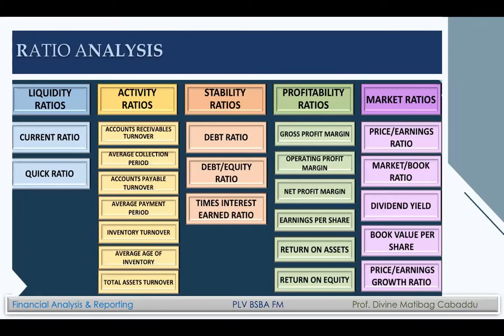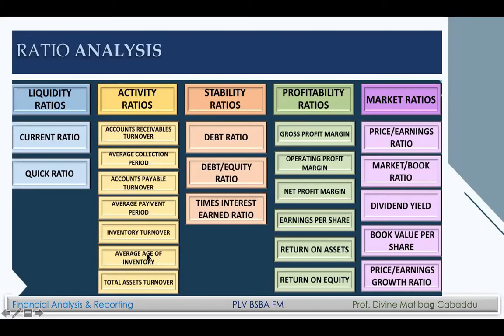We will dig deeper into that sa mga subsequent discussions natin. So we have liquidity ratios, activity ratios, stability ratios, profitability ratios, and market ratios. And there are formulas that we use to gauge or measure how liquid the company is. We have 2. We have current ratio, and we also have quick ratio, or also known as acid test ratio. We also have activity ratios. Under activity ratios, you would like to know more about the turnover, collection period, payment period, age of inventory, ayan,